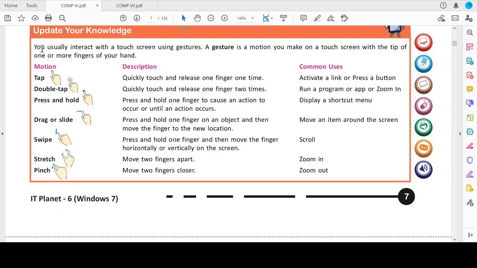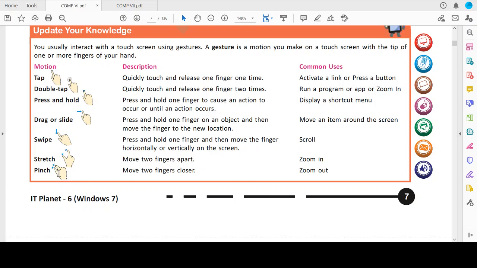You can go through this, update your knowledge, and you will understand it well. If you are not getting any point, like what gestures you can make to do a particular thing, how to make a thing zoom in, that is to enlarge,